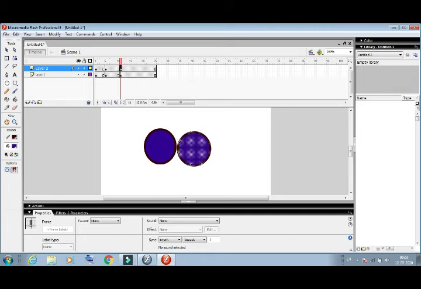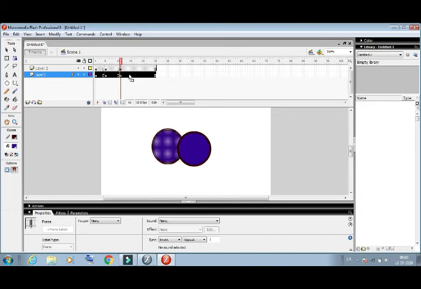Then after we will go to layer 1 and move the layer 1 circle to the right direction, and here the layer 1 and layer 2 circles will collapse into each other. So in this case both circles will explode. So how can we apply the effect?